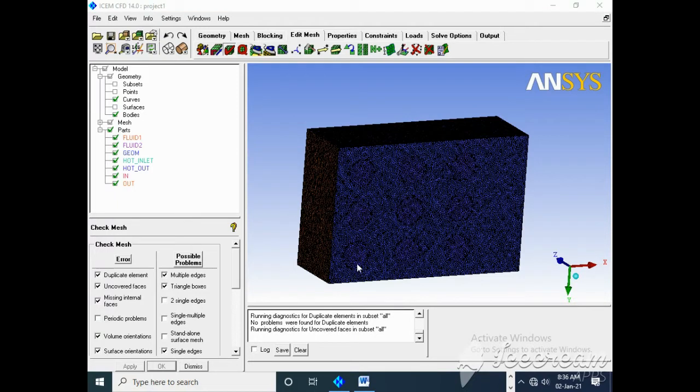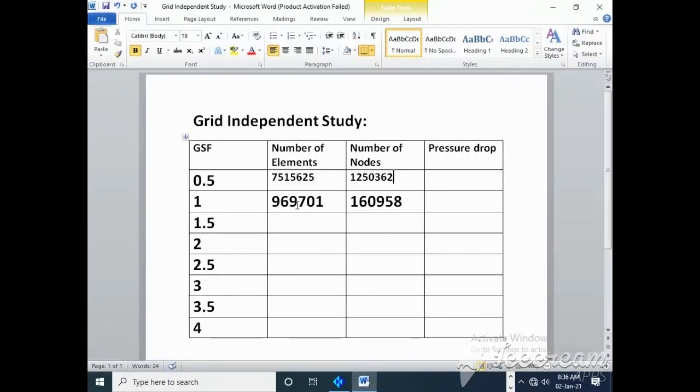As the mesh size is larger, it will take more time to edit the mesh. You need to have patience. In between, if you see the table, if I do some changes, we can see how much the mesh size has been increased by reducing the global scale factor.